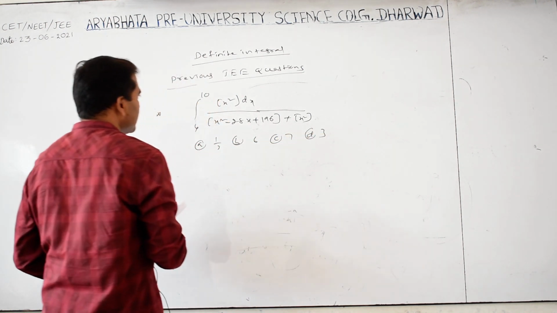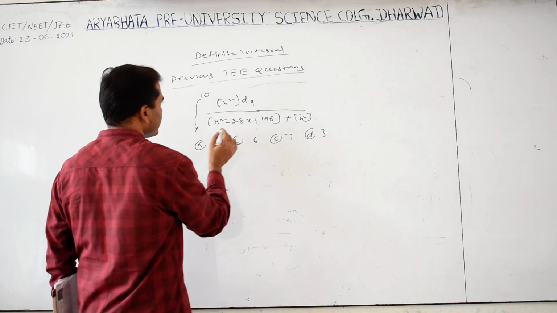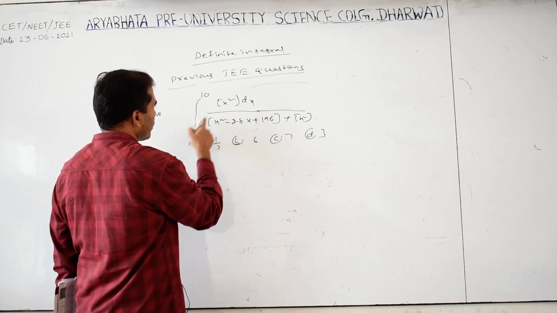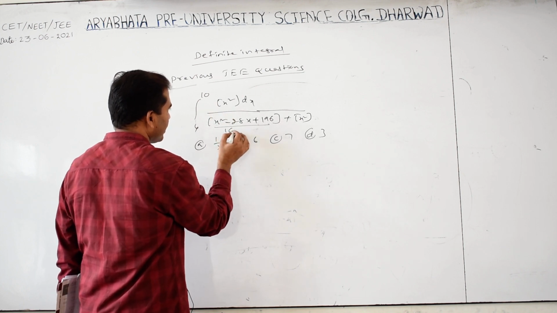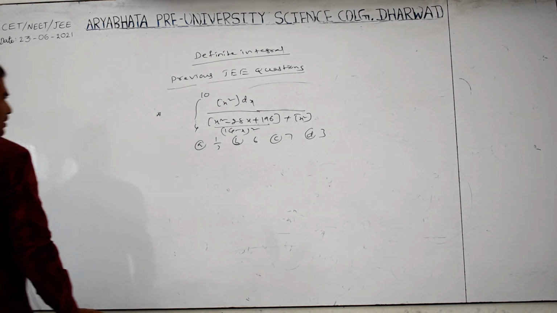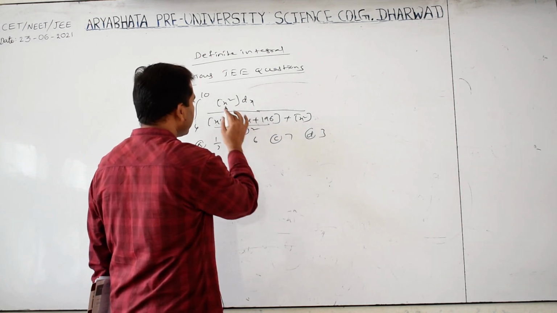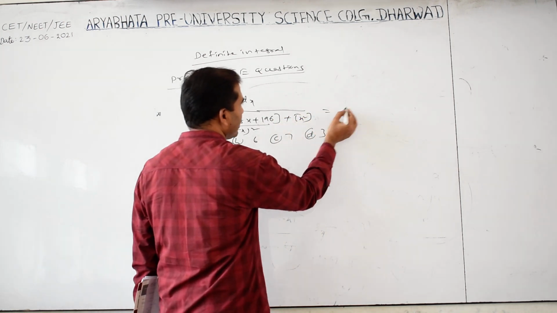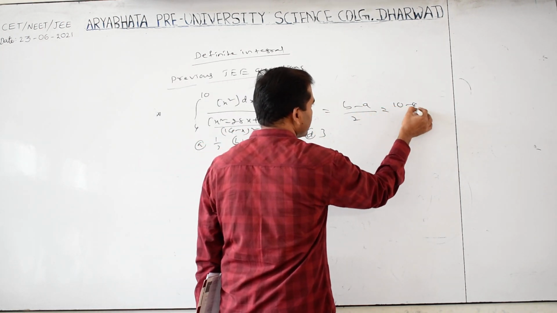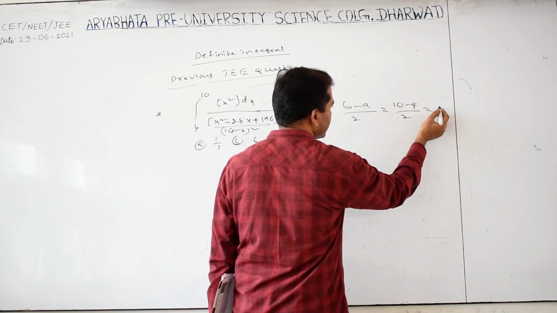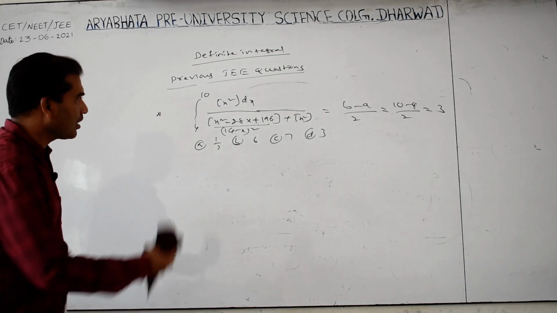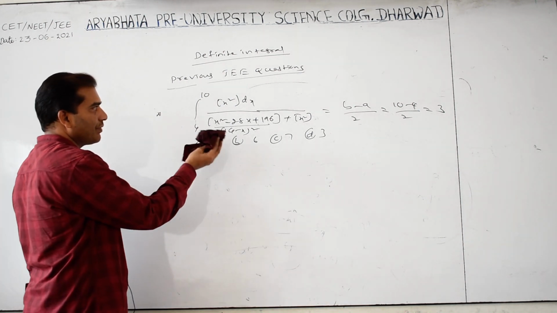This is a similar problem. The sum of the limits is 10 minus 10 plus 4, which is 14 minus x. Here we can write 14 minus x whole square, right. So this is the same thing we will get. Use the direct formula, b minus a by 2. What is b? 10 minus 4 by 2, 10 minus 4 is 6, by 2 is 3. 3 is the answer. See how within a fraction of 10 seconds we can find this value.